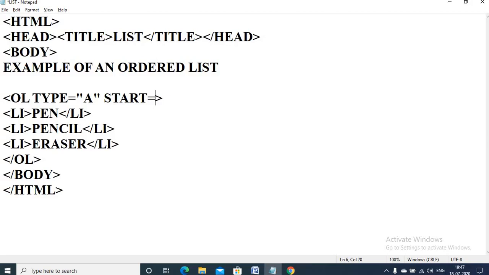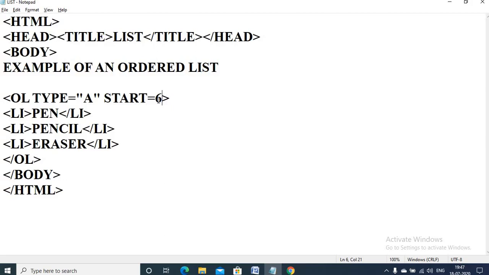So suppose I want to begin it with 6. What will happen in this case? See, type is equal to A, so it will begin the list with the 6th alphabet, because start has the value 6. That is F.